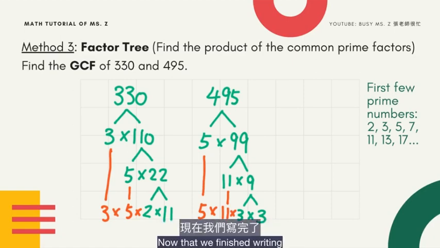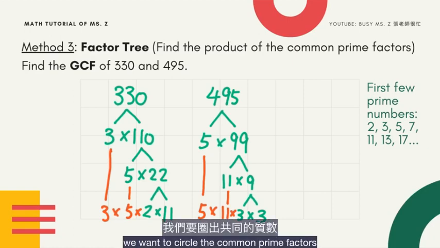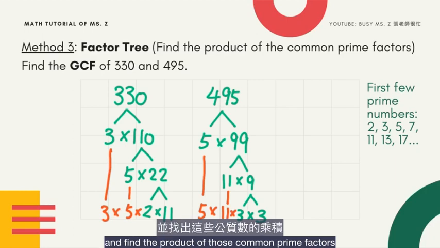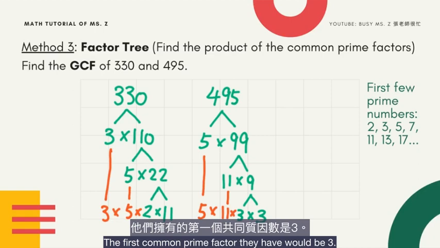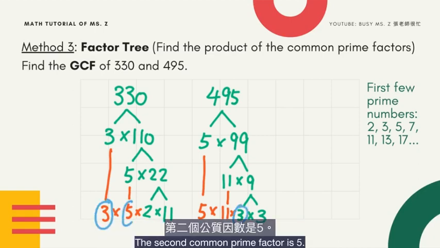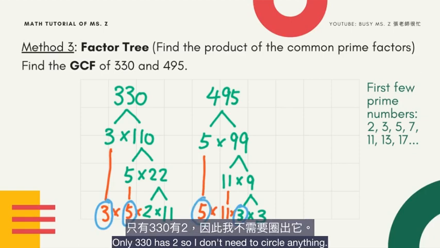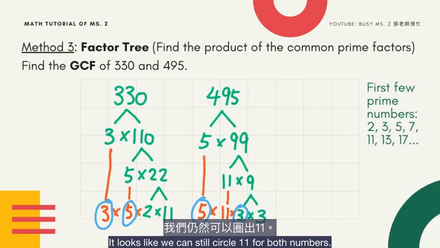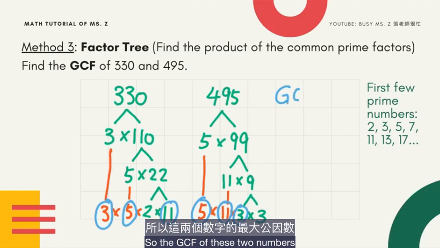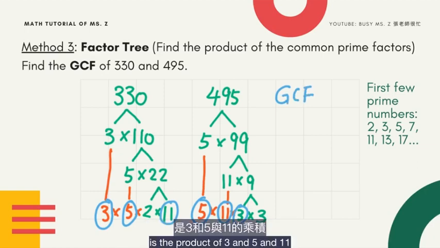Now that we finished writing the factor trees of both numbers, we want to circle the common prime factors and find the product of those common prime factors. So the first common prime factor they have would be 3, and the second common prime factor is 5. Only 330 has 2, so I don't need to circle anything. And it looks like we can still circle 11 for both numbers. So the GCF of these two numbers is the product of 3 and 5 and 11,